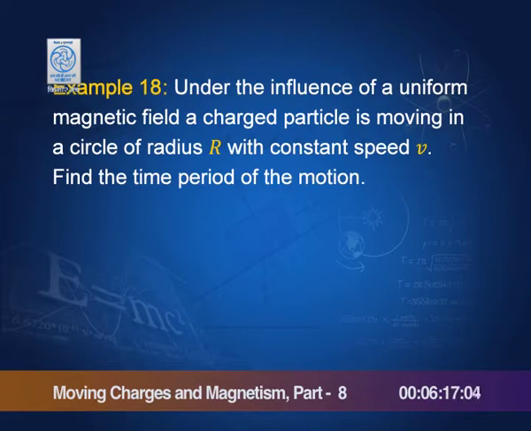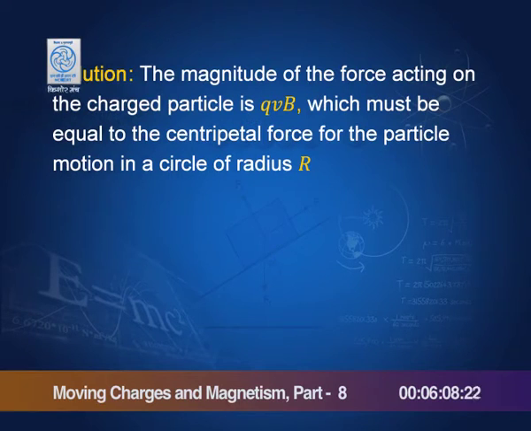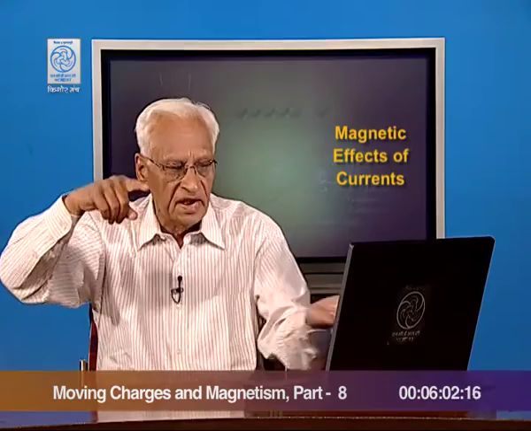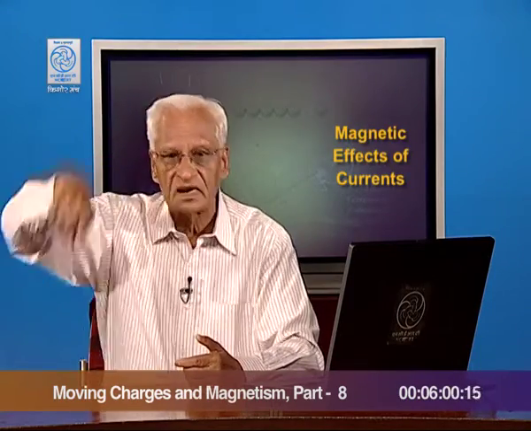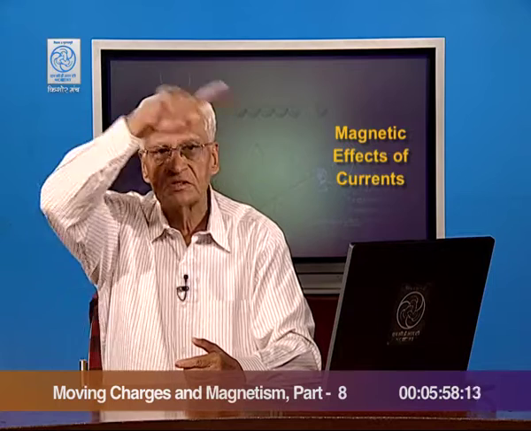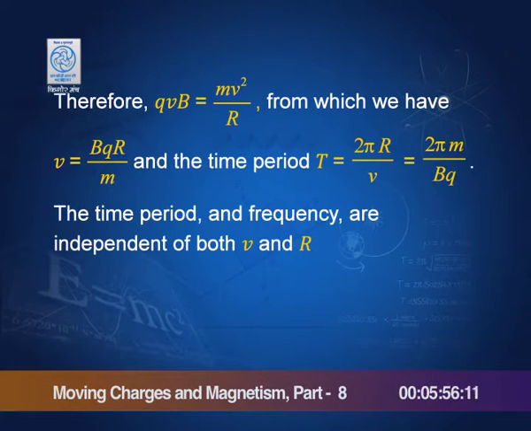Under the influence of a uniform magnetic field, a charged particle is moving in a circle of radius r with constant speed v. Find the time period of the motion. It is easy. All that you do is equate the magnetic force with the centripetal force, because magnetic force provides the necessary centripetal force for the motion of the charged particle in a circle. From this you get the velocity, from which you get the time period,